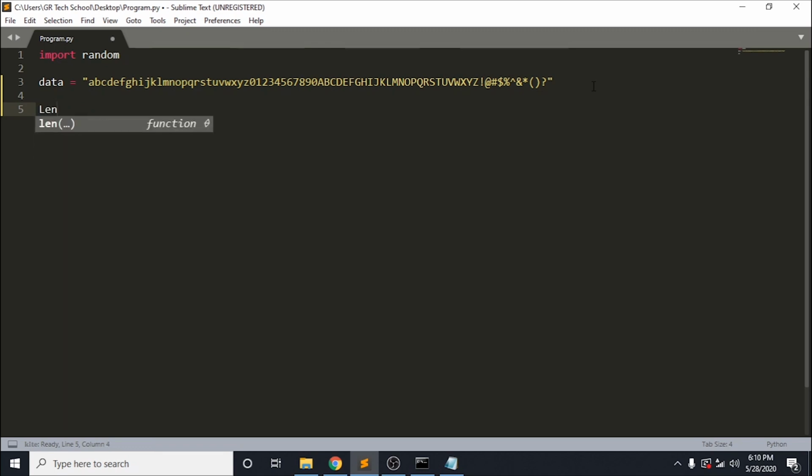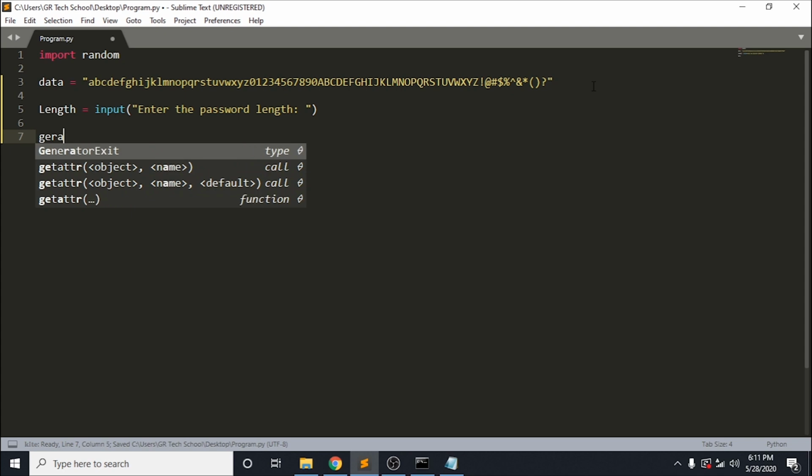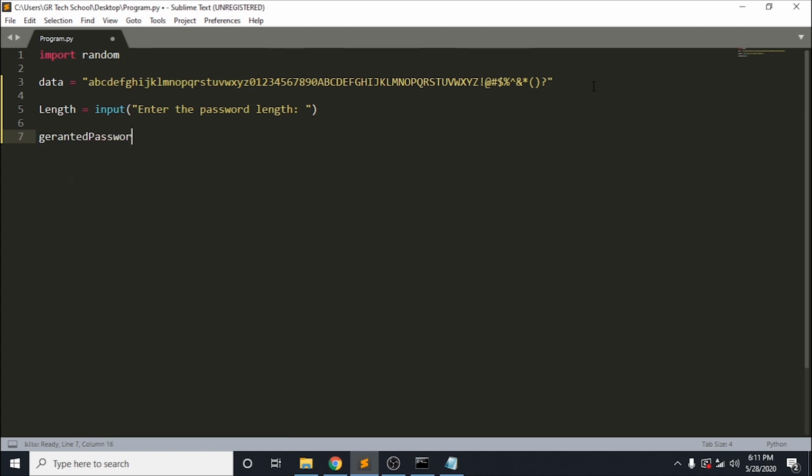Length, okay, the length of the password is going to be entered by the user. Enter the password length. So I'm asking the user to enter the password length. Then I have to have the generated password. I'm going to save it as a